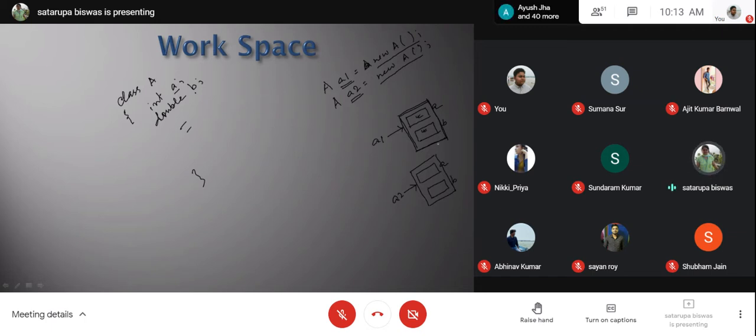So you can see for each and every object you create, for each and every instance you create for the same class, you will have different copies of all the instance variables present inside the instance or the object. Okay, so this small a has a different representation for each object.